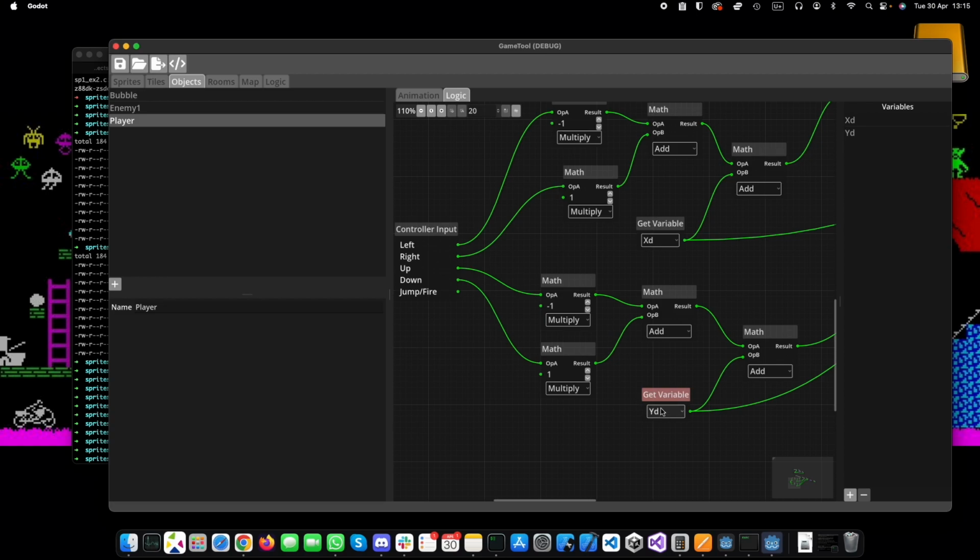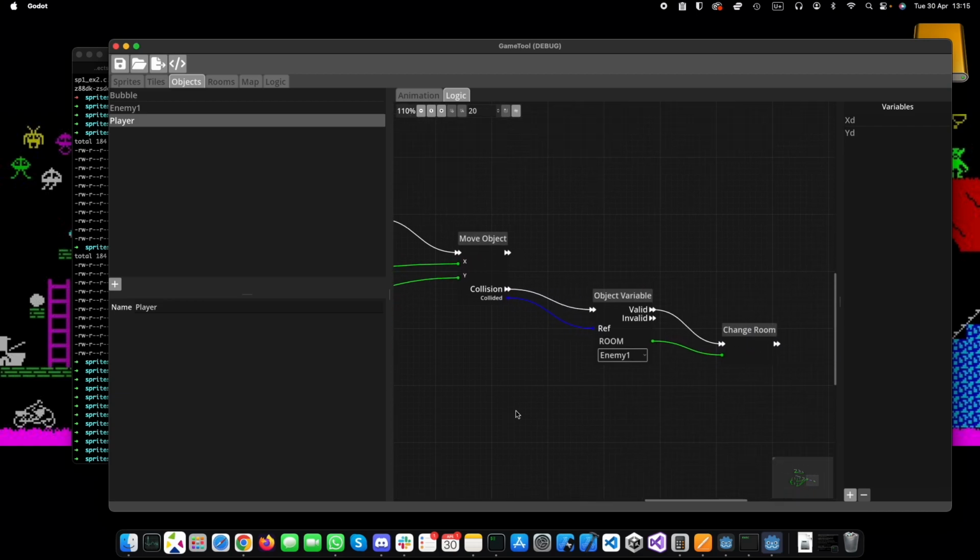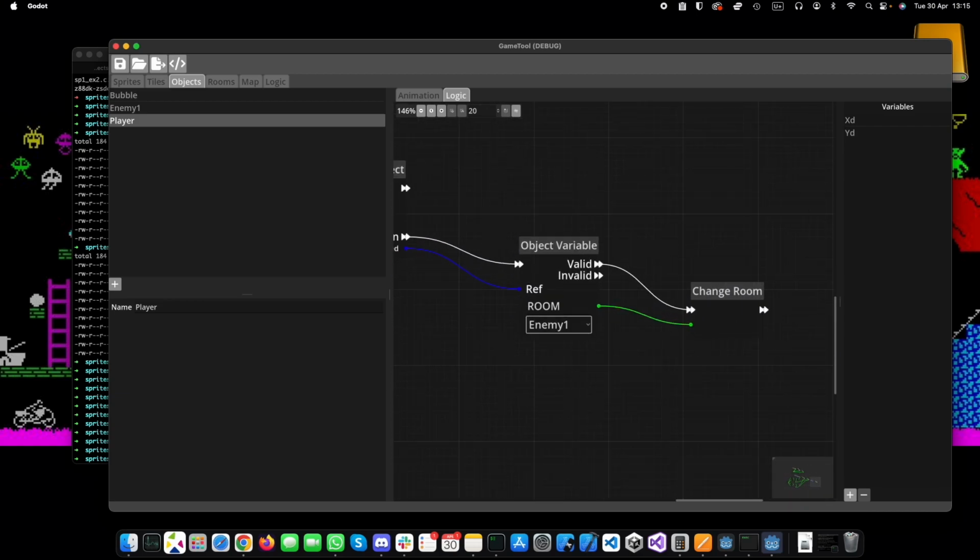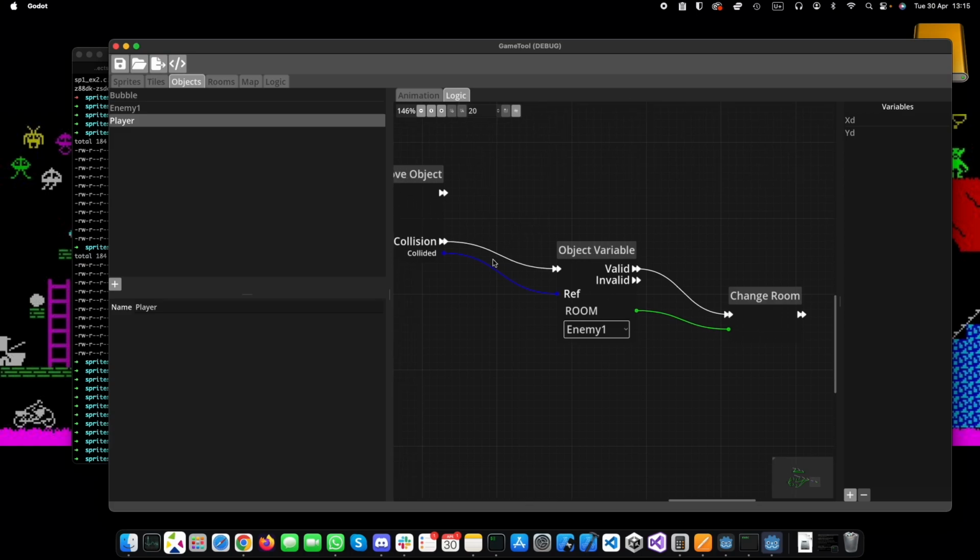Get variable gets the variable on the current object, the player that we're working with, but this allows you to get variable values based on other objects, or that are referenced on other objects. So it has some strange behaviour that may be a little bit weird at first, but I'll try and explain why. So you take in the reference here, and you have to define the object type that you're